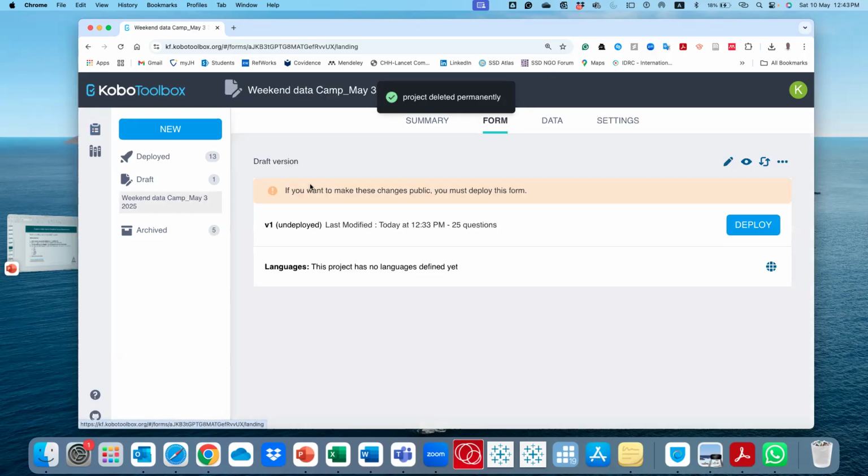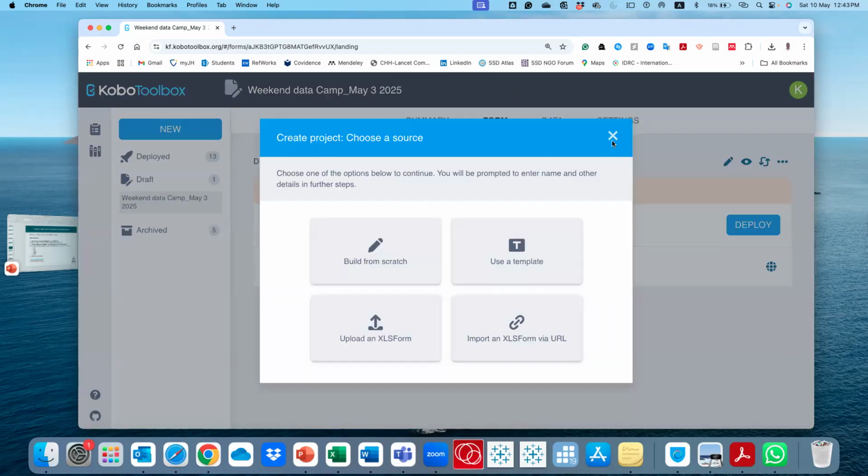Okay, so when you build your form outside in Excel, when you're ready, you will then go to here. So here, when we started it last weekend, we started building our form from scratch. And that is a good way to do it, even though you want to use an Excel form. It's easier to start the basics, the framework, the skeleton of the Excel format by doing this. So it's advisable to start this way, unless you have a flat form or some template that you want to use. But it's a very good practice that you start with this and then later download and continue building your form in Excel.